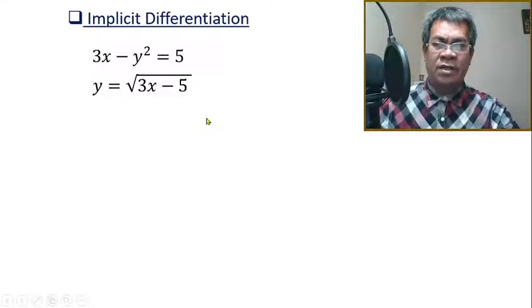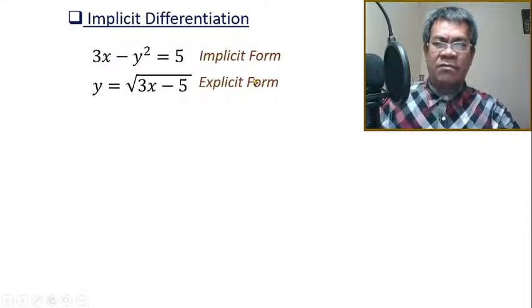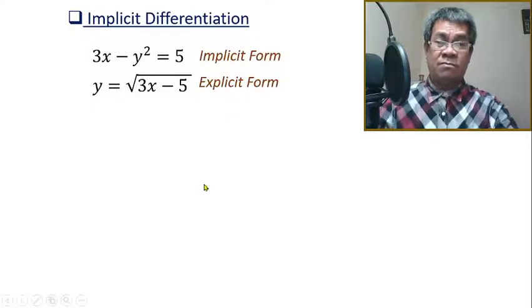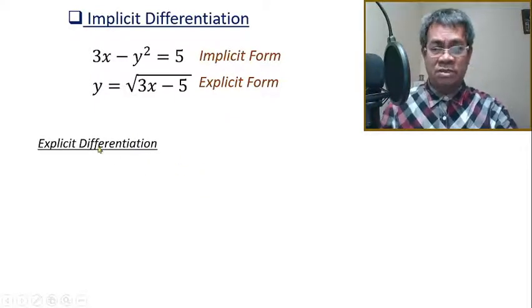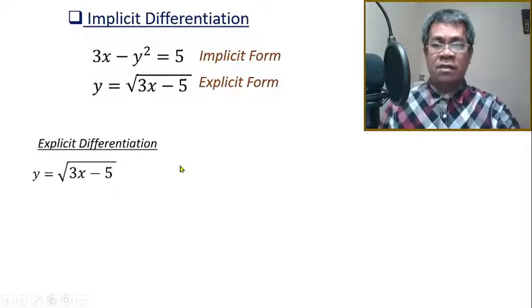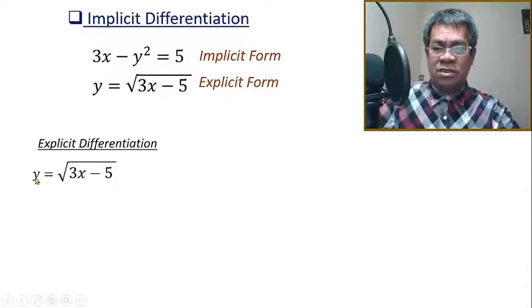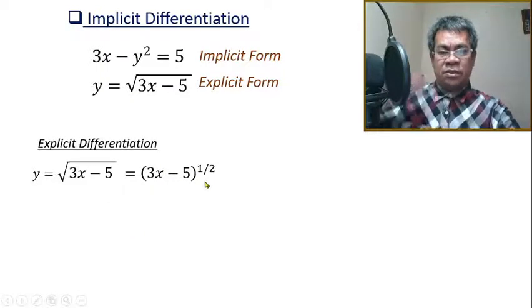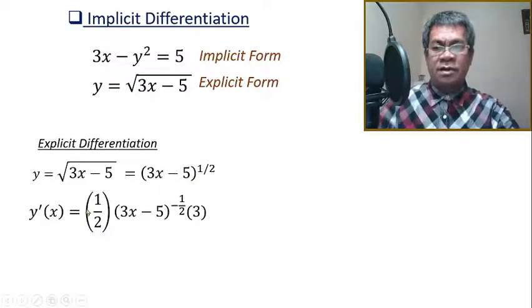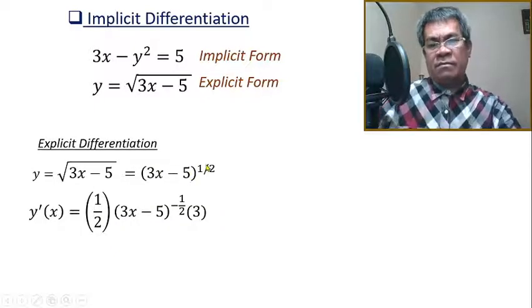Okay, so therefore we are now providing the implicit form and the explicit. So if you're asked what is dy dx, or derivative with respect to x, suppose we use the explicit form. Then the previous knowledge we learned is to take the derivative of this. Then this one can be solved using the what? Chain rule, or the function raised to n. Okay, so you have to transpose this into exponential form from radical. Then apply the function raised to n.